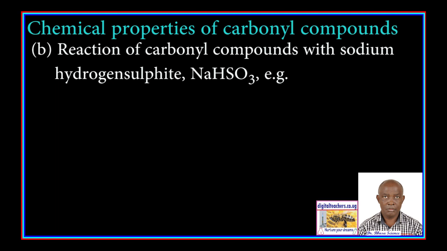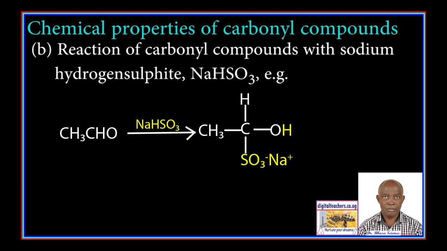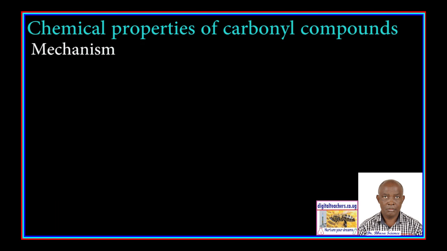B. Reaction of carbonyl compounds with sodium hydrogen sulphite. For example, ethanal reacts with sodium hydrogen sulphite to form a sulphite salt. In the mechanism,